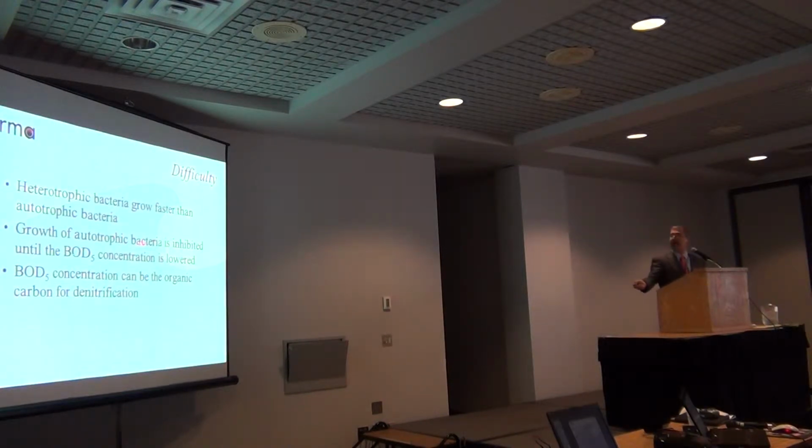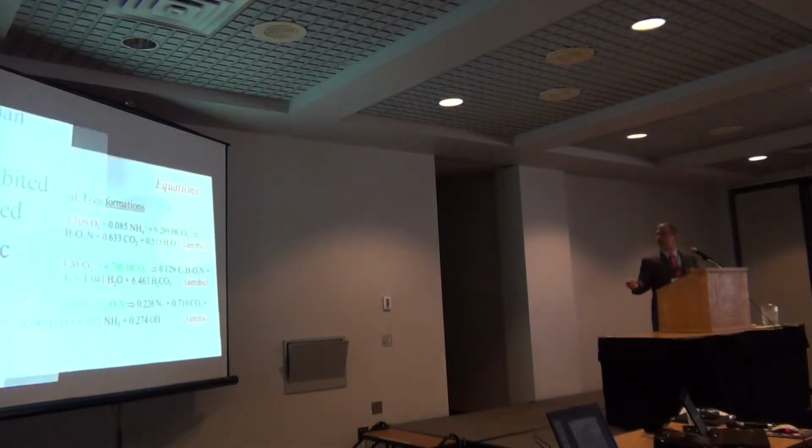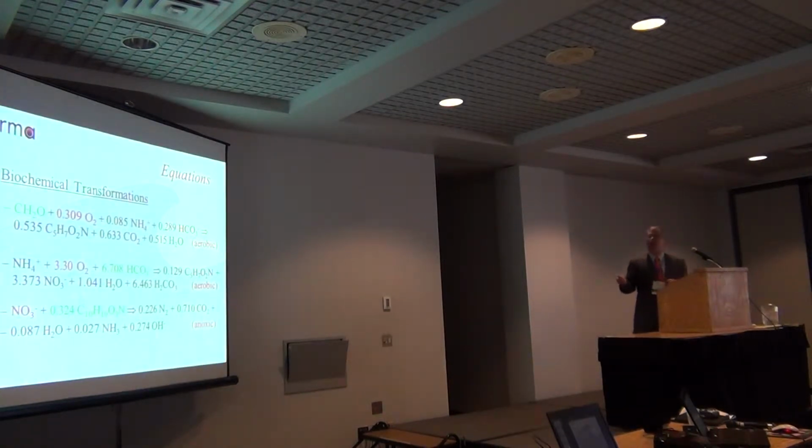So in order for this part to happen, the growth of the autotroph, we've got to get rid of enough BOD to have this happen. But at the same time, when we go to denitrify, if we get rid of too much BOD, we've got to then add a supplemental carbon source. So the idea is, if we put it in terms of the biological transformations, and I don't pay too much attention to these overall equations, what I want you to notice,